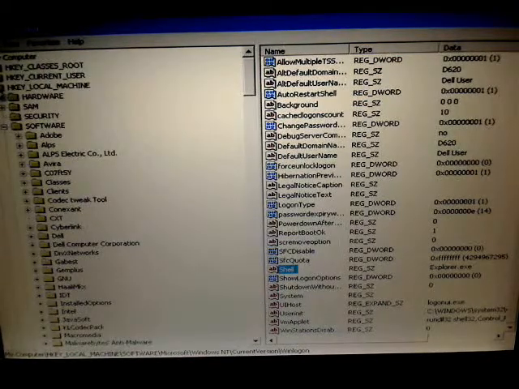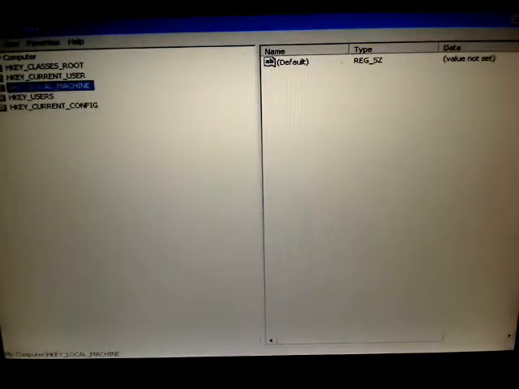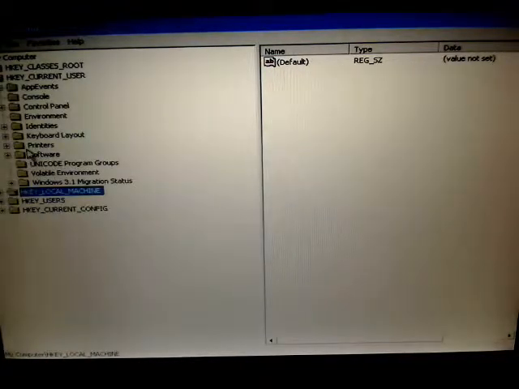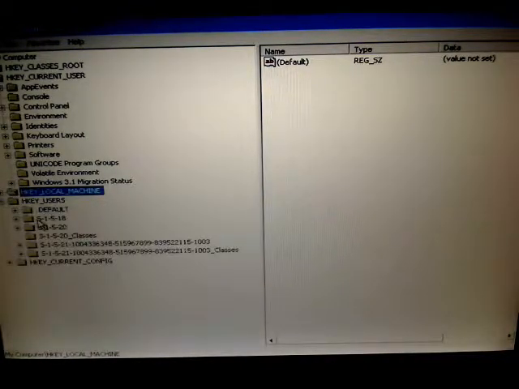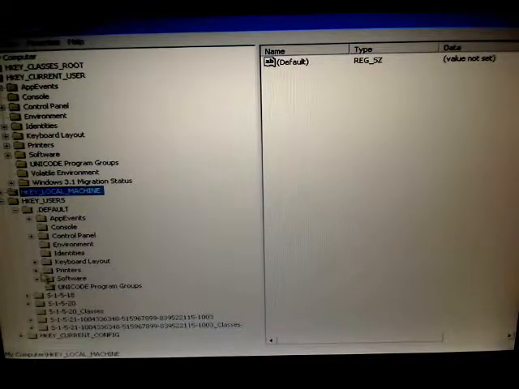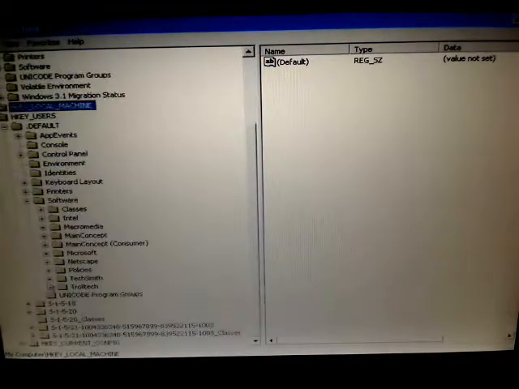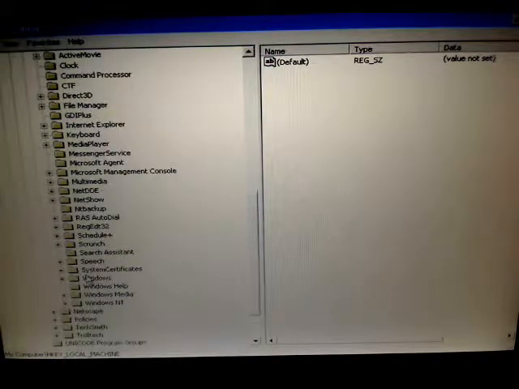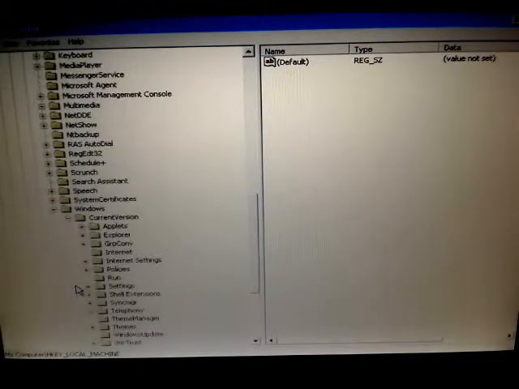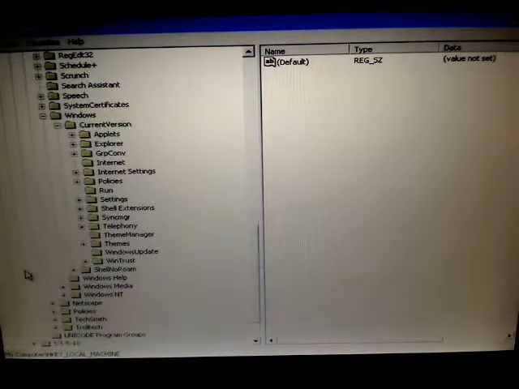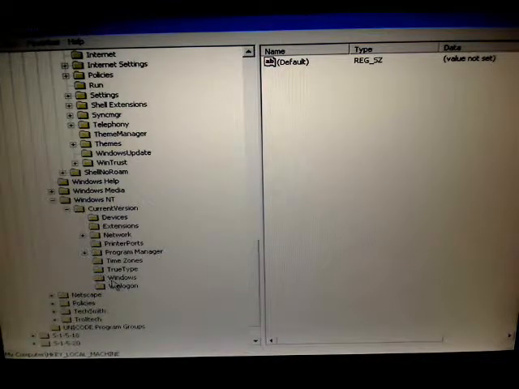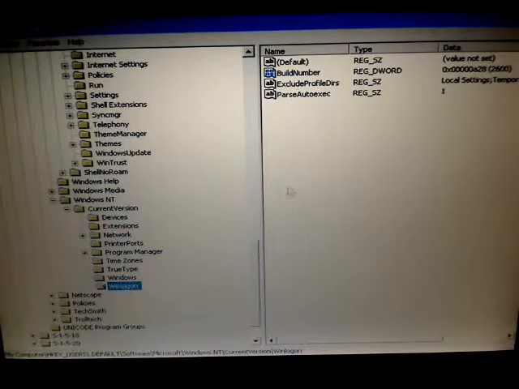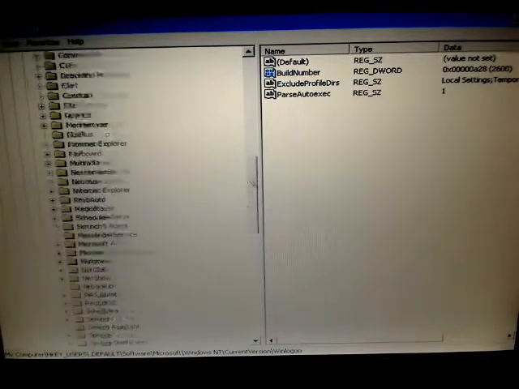There's also another one. I'm looking under the local machine here, but you can also have one here in current users and HKey users, and default. If you go under default, software, Microsoft, Windows, current version, and Windows NT current version, there's another Win Logon right there. Okay, I don't see anything here that looks wrong, so we'll come back up here and take a look at